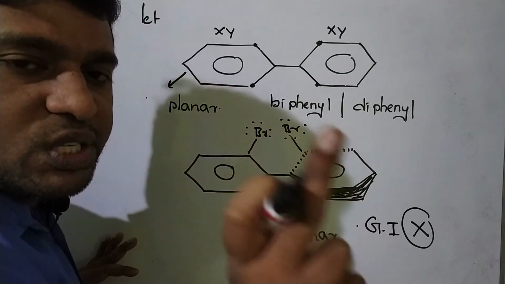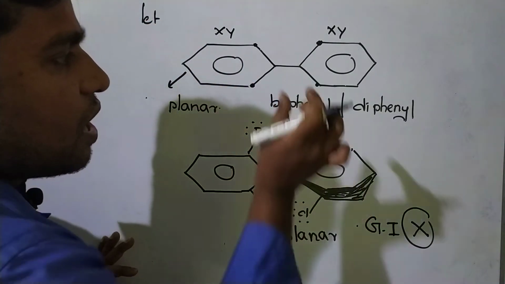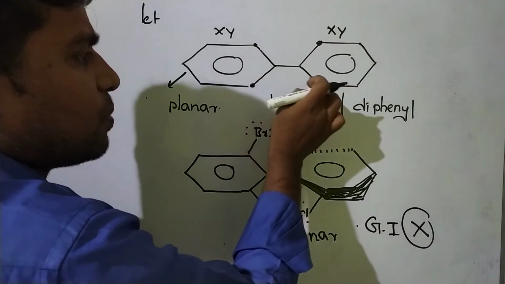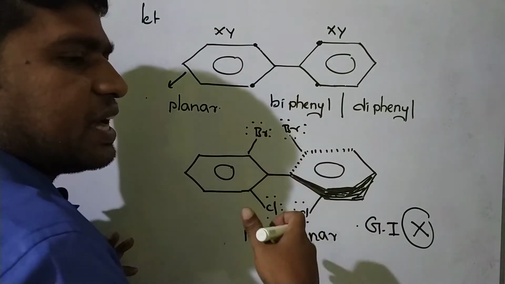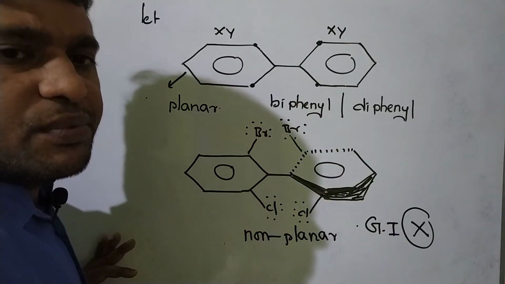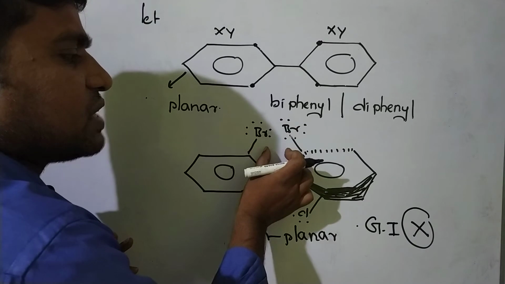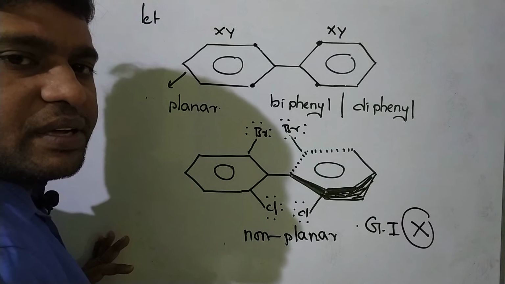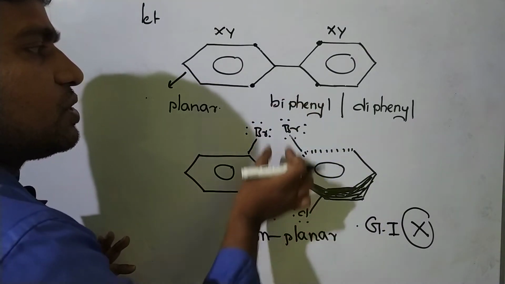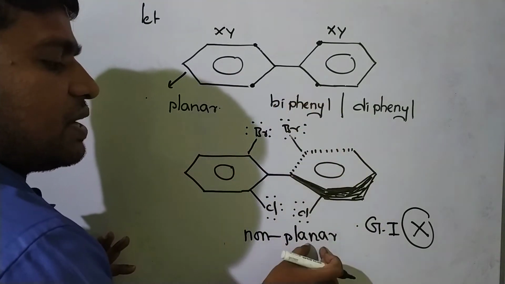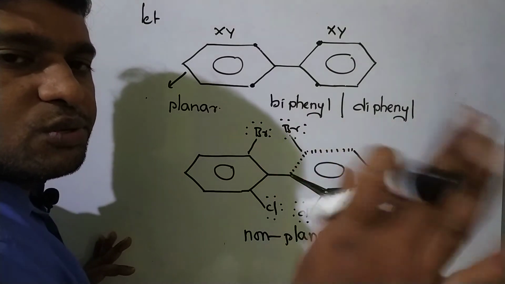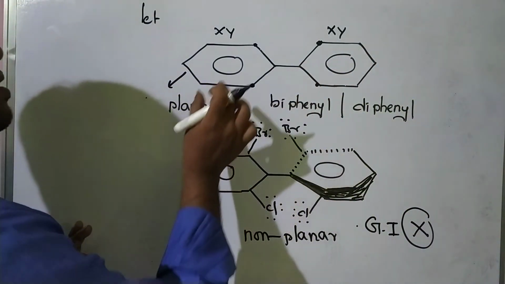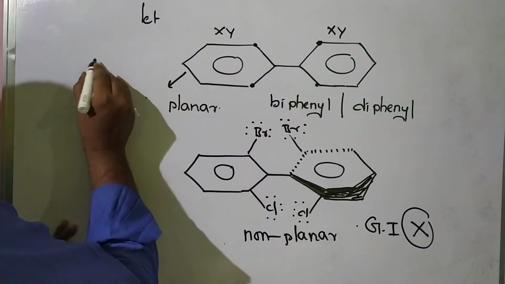Only planar molecules will exhibit geometrical isomerism. After introduction of bulky groups at these four ortho positions in biphenyl, there exist a lot of repulsion forces. Those repulsion forces lead to twisting of the carbon-carbon single bond. Understanding? As a result, that biphenyl becomes a non-planar molecule. Non-planar molecules should not give geometrical isomerism. Okay, understanding? Here very, very important: the simple biphenyls. Note please.